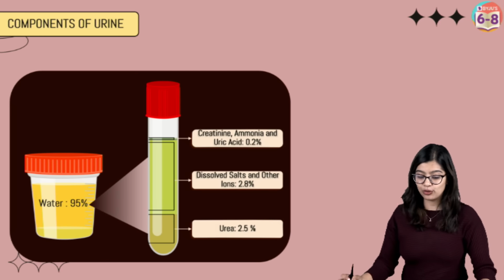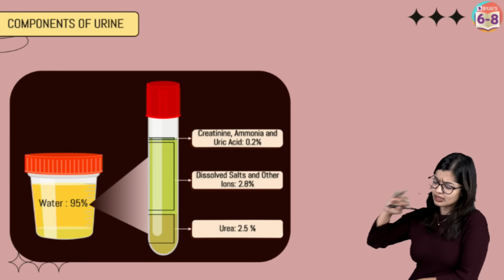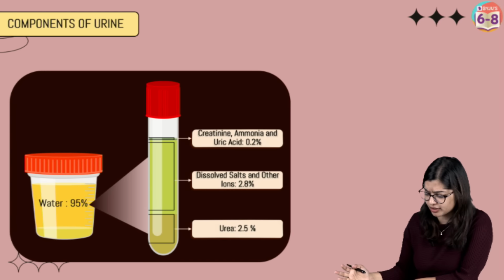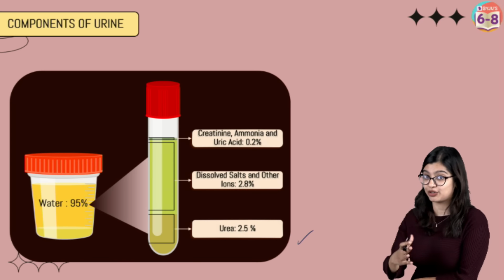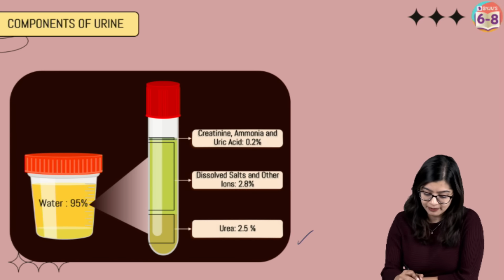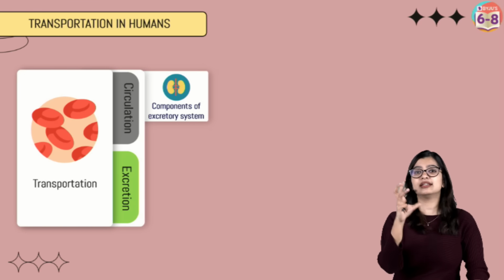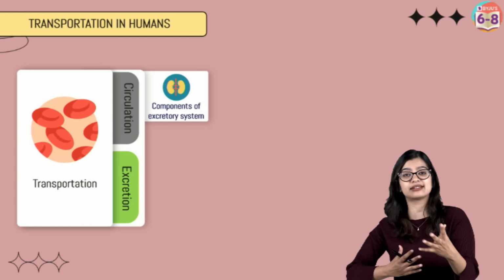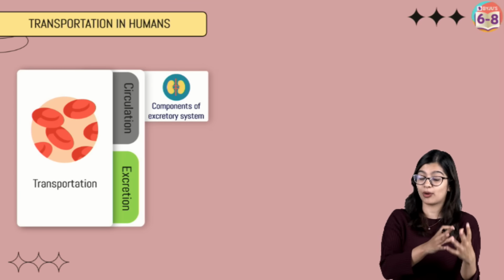So in this case, if you look at the urine, we see that urine is mainly 95% made up of water, followed by 2.5% of urea, which is a metabolic nitrogenous waste that we expel, along with other salts, right? So we see that this is a quick summary of how excretion takes place and what are the different components